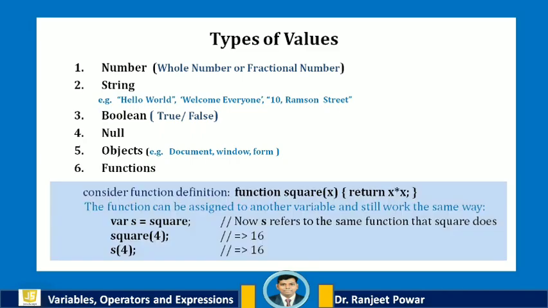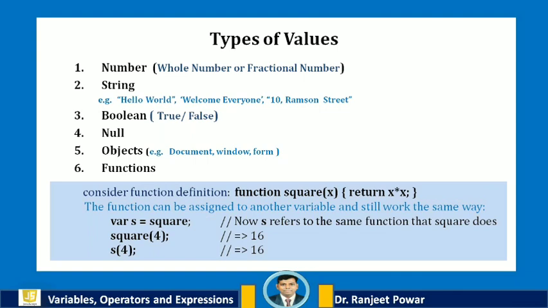The next is function. A function performs an action when you call it in JavaScript, such as when you call the alert function to display a message on the screen. Functions are not only syntax but also values, which means they can be assigned to variables, stored in properties of an object or elements of an array, passed as arguments to functions, and so on.